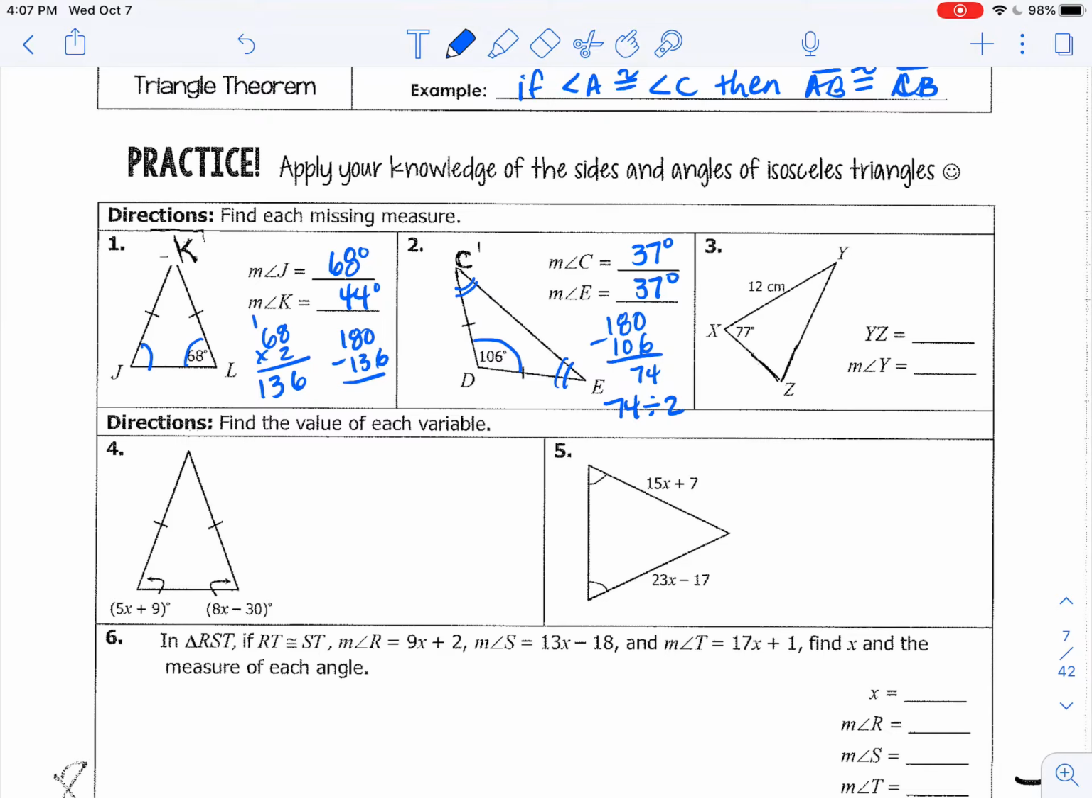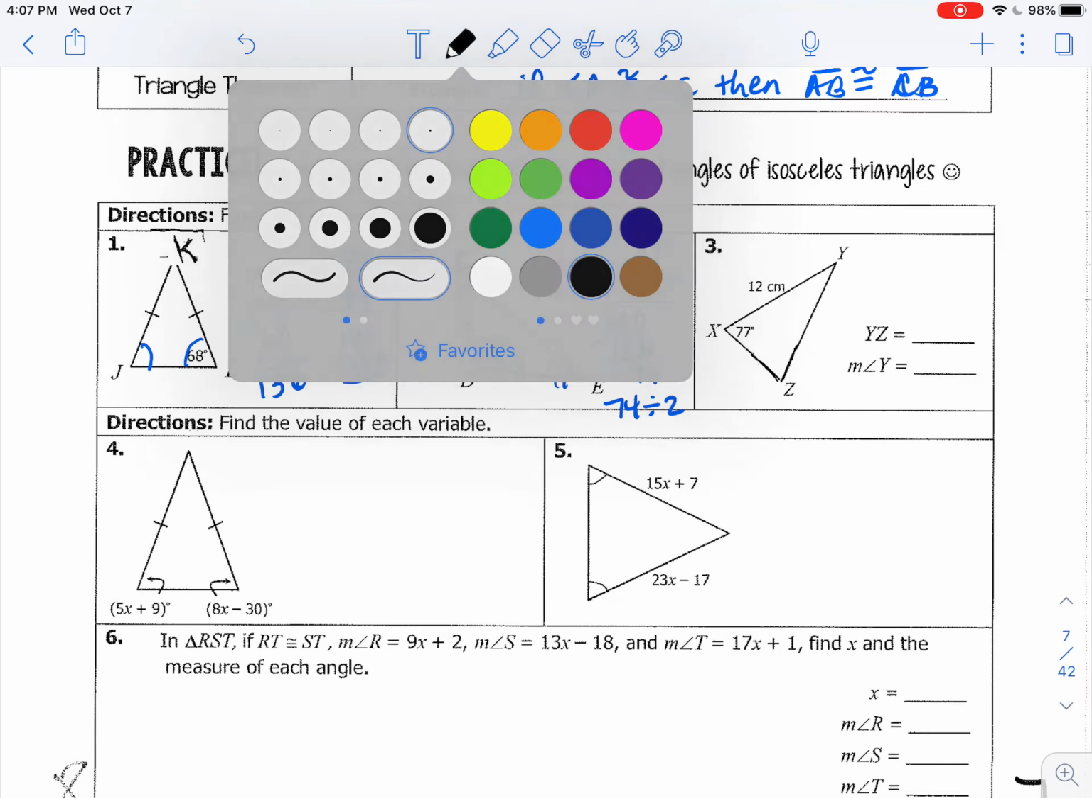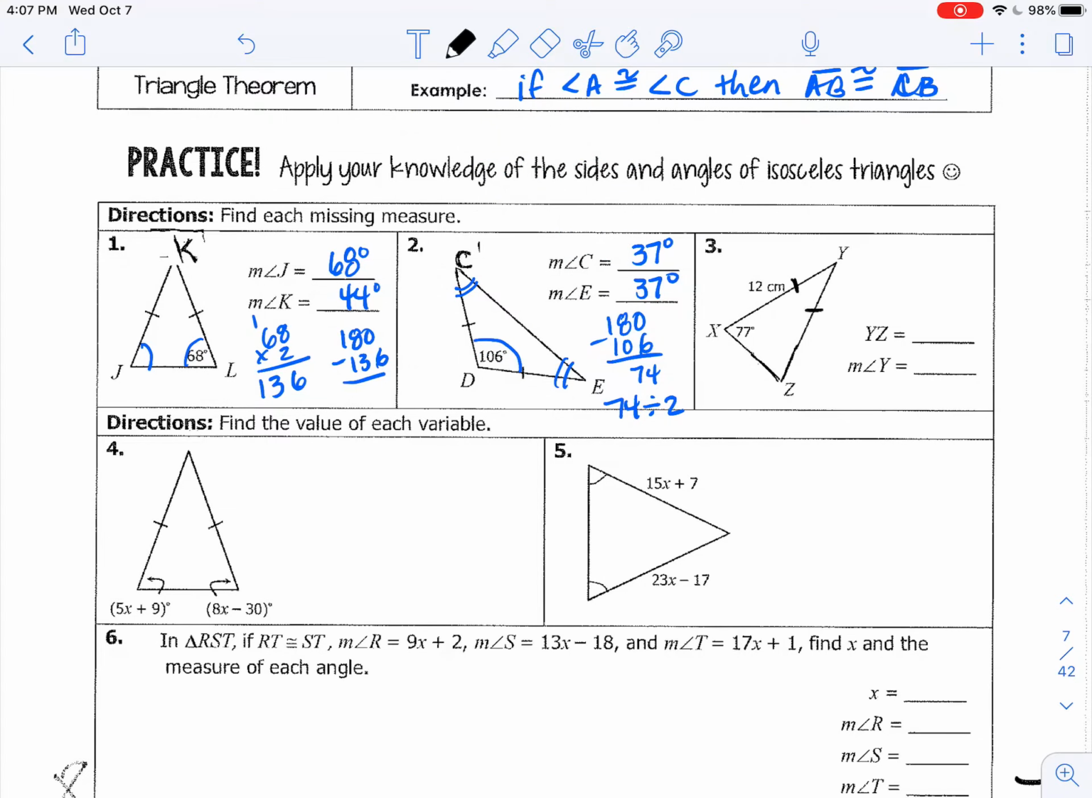In number 3, what do we have? We have 77 with a 12. I think we've got some items missing. I'm going to go ahead and draw in some congruency marks. That's the only way I can determine the other sides and lengths. Otherwise, without having these marks on our graph, we could not answer this question. But now that I've added them, we can see that